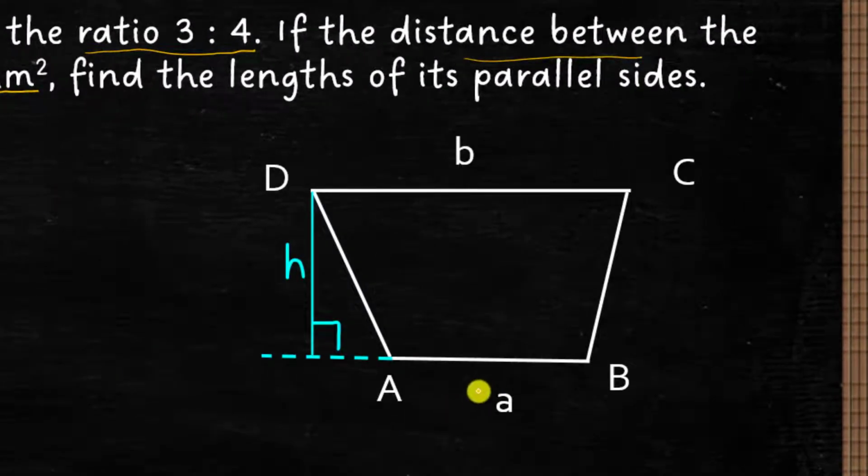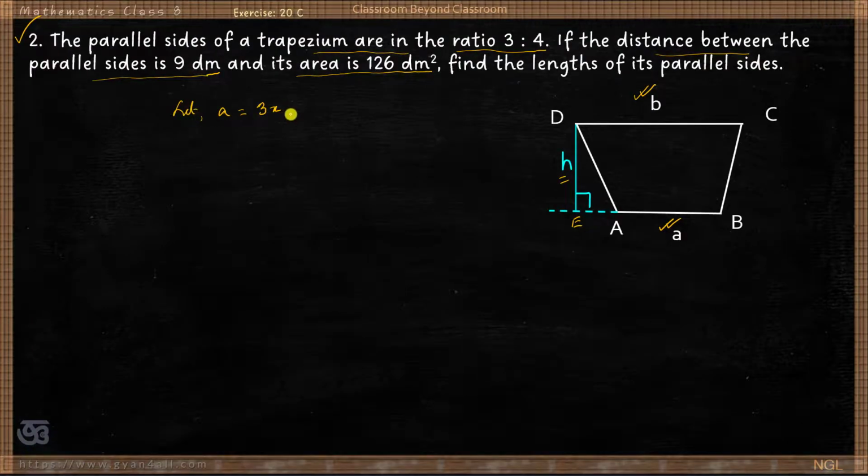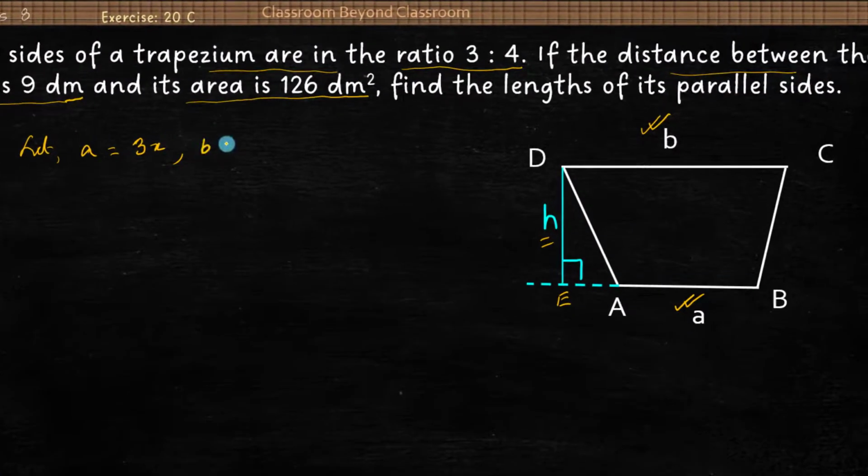So this is the trapezium. Side AB is equal to small a, side DC is equal to small b. These are the parallel sides of the trapezium. This distance, say this is DE, is the perpendicular distance, or the distance between the two parallel lines, that is equal to h. Let a is equal to 3x, b is equal to 4x, and it is given h is equal to 9